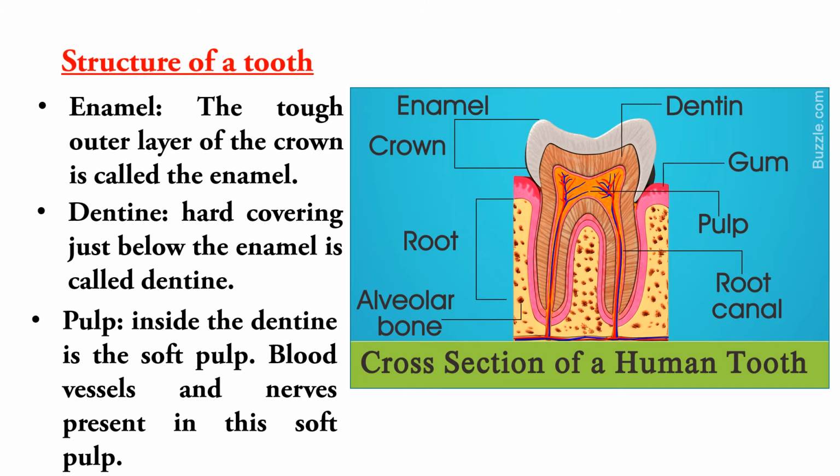A strong blood supply keeps the tooth alive and healthy, and the nerve endings help to send messages to your brain, alerting you to the temperature of your food or if the tooth is damaged or decayed.